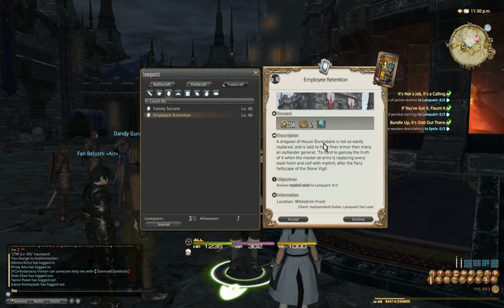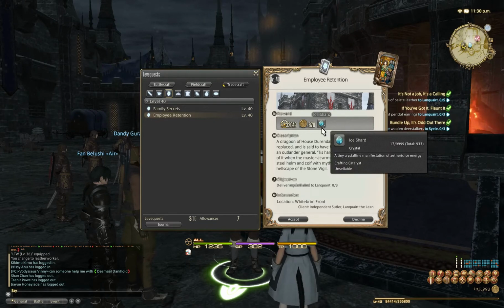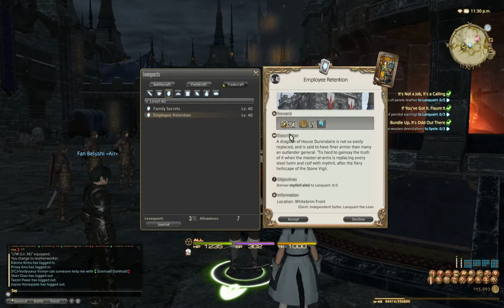Now when it comes to material rewards, you times this by 3. So if this gives you 17 shards, then you just times it by 3, which means, quick maths in my head, 51 shards. So that's the way you calculate it. You times these numbers by 9 and these numbers by 3, assuming you're turning in 9 high quality of